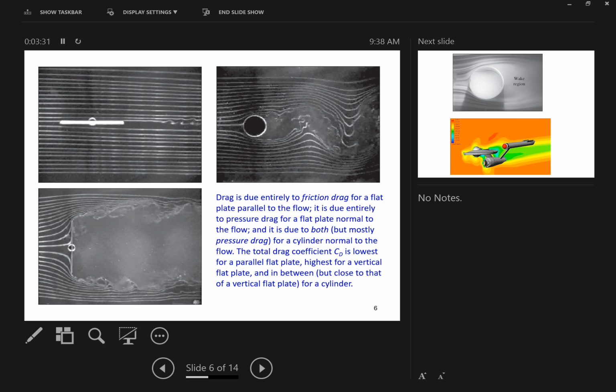Let's look at the top left. This right here is very similar to when you stick your hand out a car window and it's flat like this. Okay, you have less surface area hitting the wind, but you have more of your surface, like this, touching. So this right here is surface drag. A lot of the top part is touching the air.